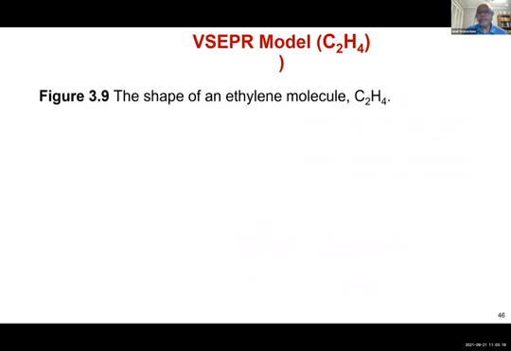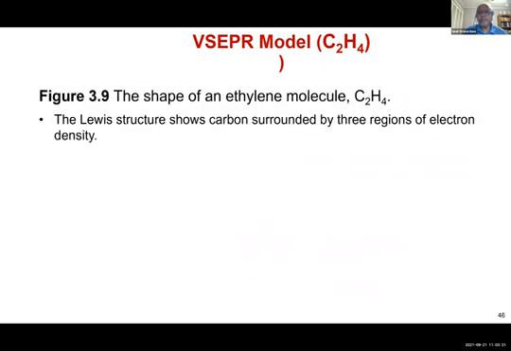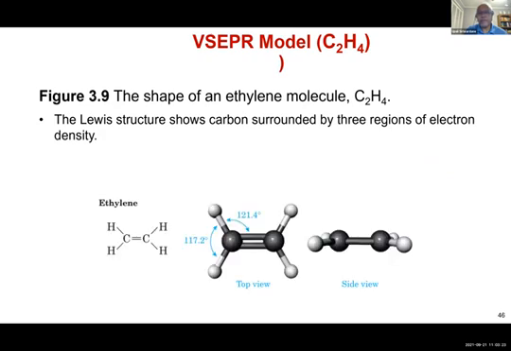Ethylene molecule, C2H4, we did the Lewis structure. It has two carbon atoms connected to each other by a double bond. We look at both carbon atoms for the molecular shape. Molecular shape is just like in formaldehyde,